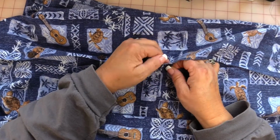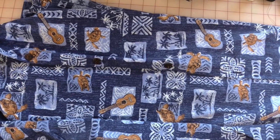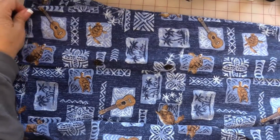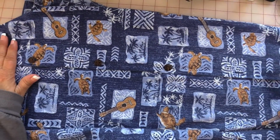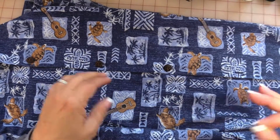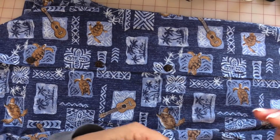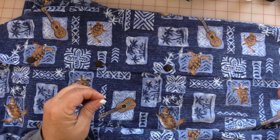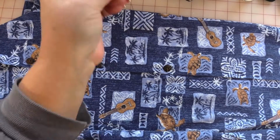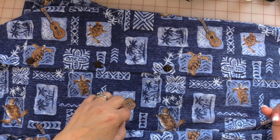It is a good idea, if you want one little tip, when you buy a shirt or a blouse or anything with buttons on it, after you've made your purchase and you've brought that item home, if you really don't want to lose the buttons, let's just say they didn't provide extra buttons, which is the case here. We got lucky because I found that button on the floor in the laundry room. But if you don't want to lose your buttons, after you've made your purchase, tighten them up. Just go ahead and do a new set of stitches just to make sure that they're on and you're not going to lose those